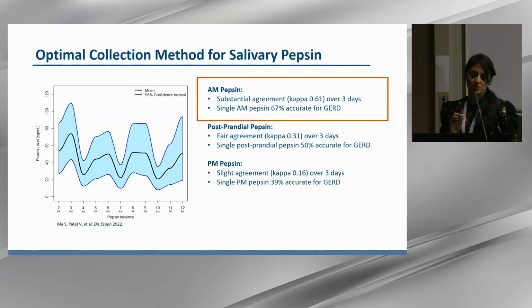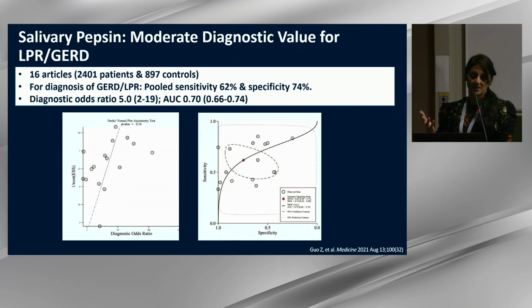And this is just interesting because we talk about acid varying from day to day. So this was a small study that we did where patients that got 96-hour wireless pH also obtained pepsin in the morning, after meals, and at bedtime. And we saw this beautiful variation just like we see in acid with the pepsin. In general, the AM fasting pepsins tended to be the most reliable. So if this is something we move forward with, that might be the most reliable protocol. And a recent meta-analysis has concluded that there's moderate diagnostic value for LPR or GERD, and this was based on